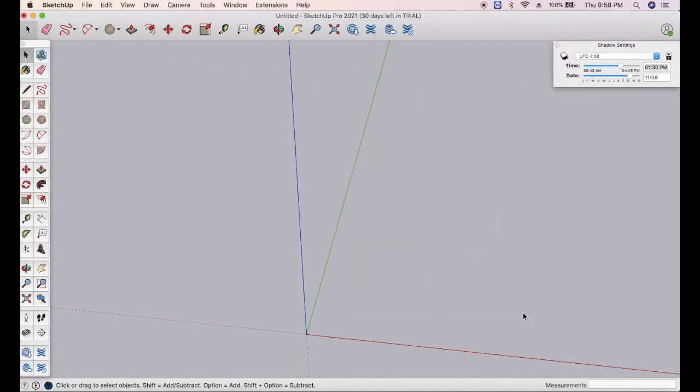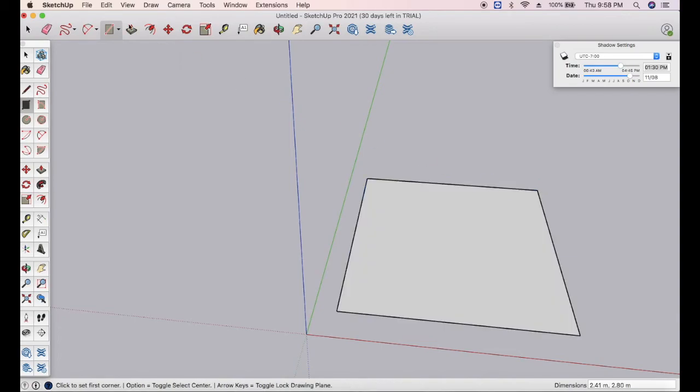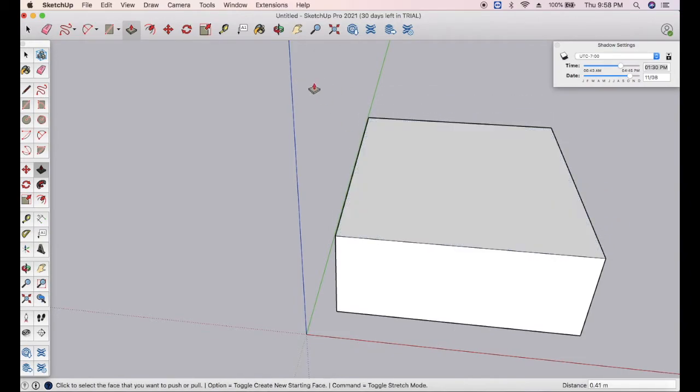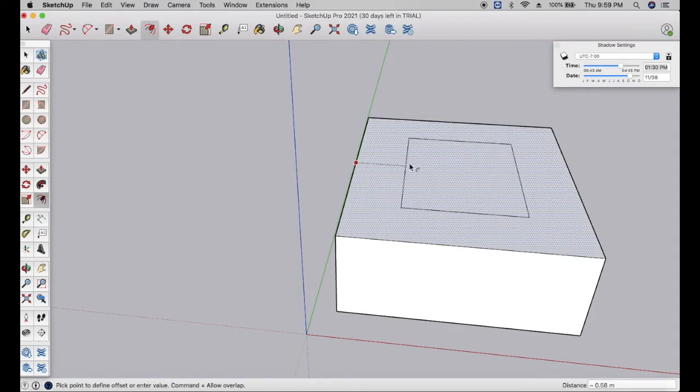So let us try and make a slant roof. Okay, first make a rectangular diagram. Let us give a push pull button to pull it up. Now, for slotting it in between, we need to do an offset of a very small narrow space. Okay, so let us do an offset of this.